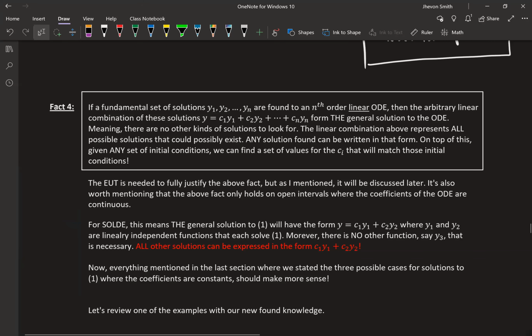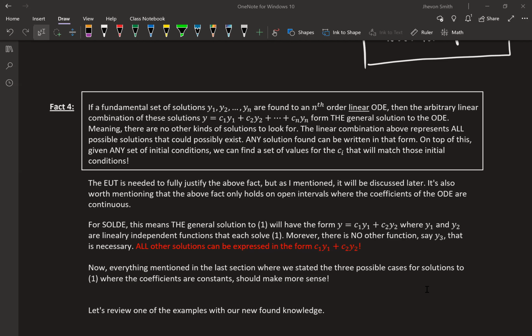Because an nth order differential equation has n linearly independent solutions, then it turns out that if I can find n solutions, it does not matter how I find them. Once I can find n functions that are linearly independent that solve it, I have found all solutions. This means I can be in a situation where I'm going to do some random hocus pocus and get a solution, and you can't knock it because, hey, I just found another guy that's linearly independent. Whatever I did to get that guy is not going to matter. As long as I end up with n solutions that are linearly independent to this nth order, that is all